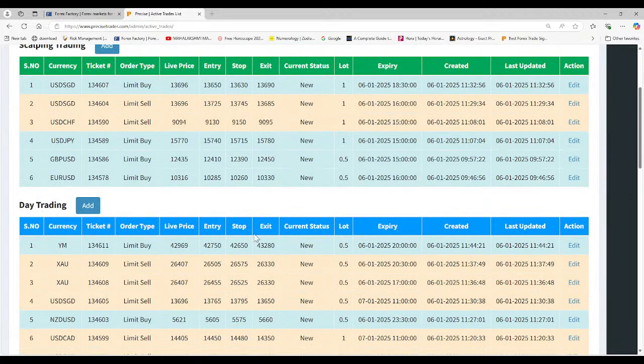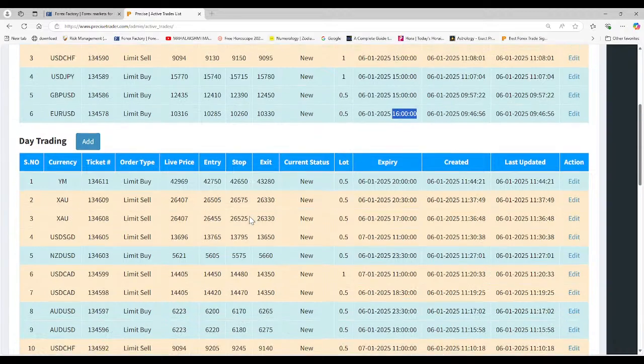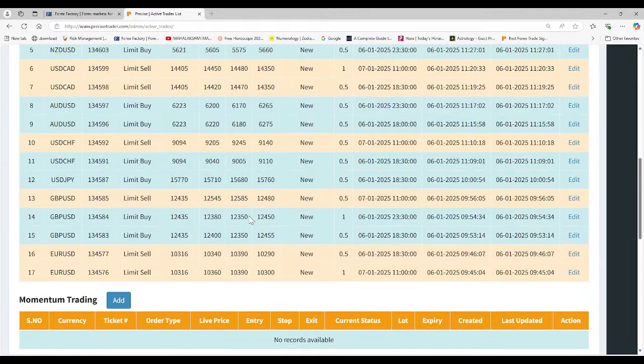On the euro dollar, we are trying to buy at 285 and exit at 380. I think this is a valid signal, and the expiry is 4 p.m. And we are trying to go for a sell and hold at 340, and this is a half lot. Please take note, for those of you who are coming for the first time to our session, the information we give you is entry, exit, stop loss, the lot size and the expiry. Please pay attention to all these criteria.